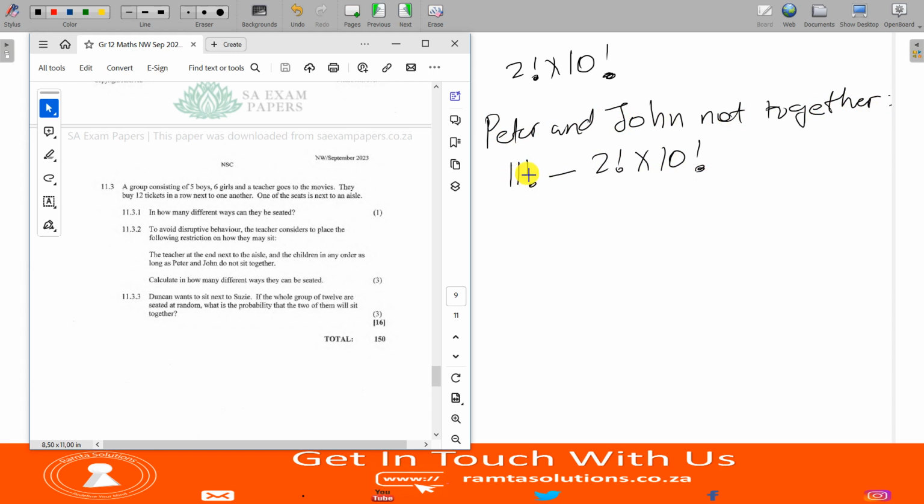Okay, so from the 11 factorial, remember the teacher and next sits where? At the end of the row, meaning next to the icon. Okay, so this is your answer. What is it? C. It is 11 factorial minus 2 times 10 factorial. Oof, our answer is, I don't like it. It's too big, but it's okay. 32,659,200 ways. So these are the number of ways in which Peter and John do not sit together. Okay, perfect. Now,